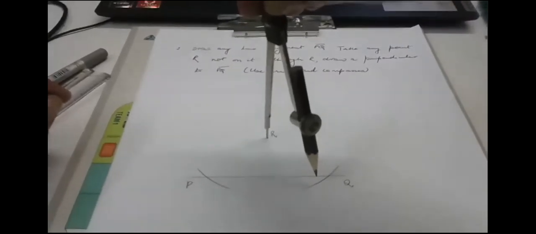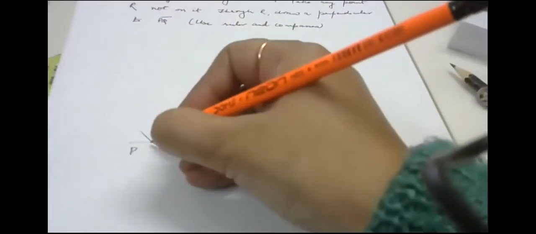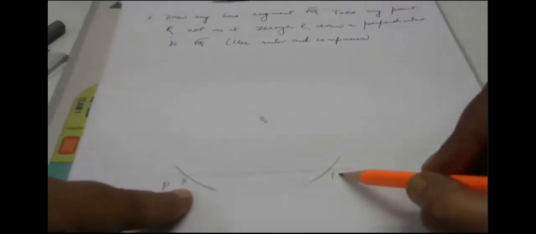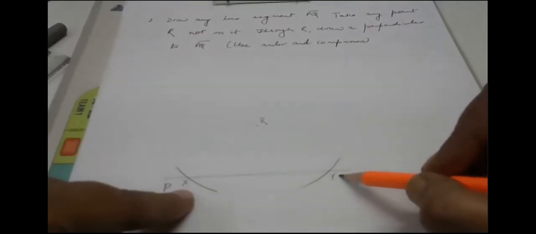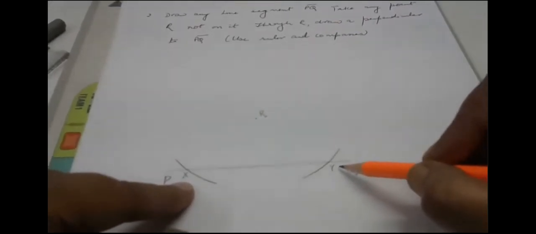Okay? Any problem in making these arcs? Now, where these arcs are meeting, like here, can you see this point? I will name this as Y and this point as X. I've got 2 points, X and Y. Yes, do this in your maths register, wherever you are doing your maths work.